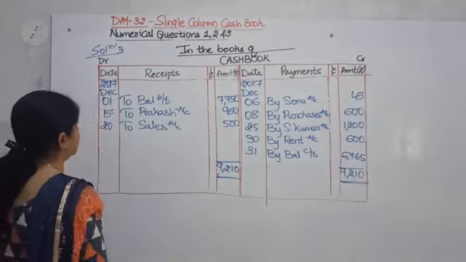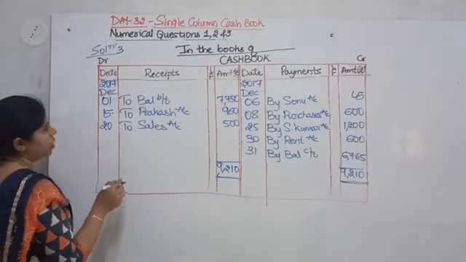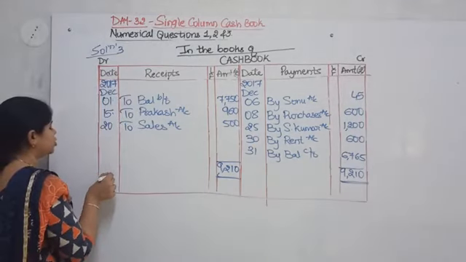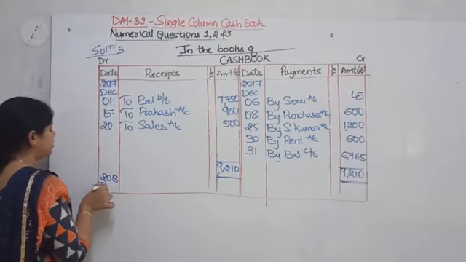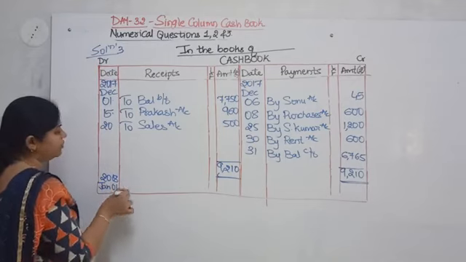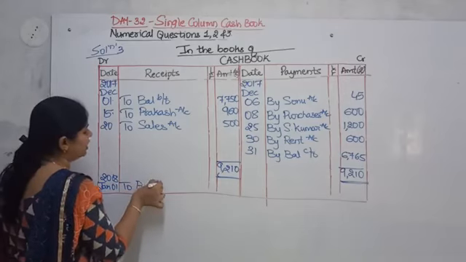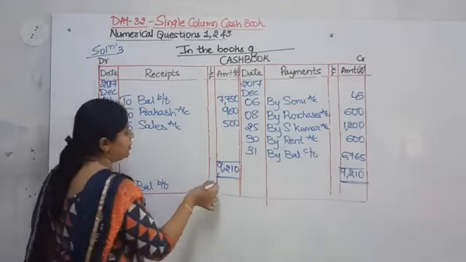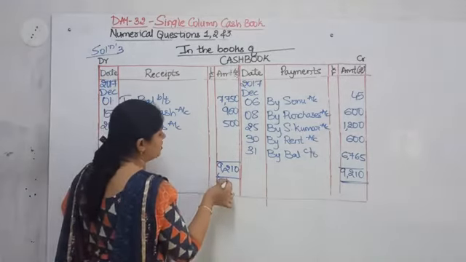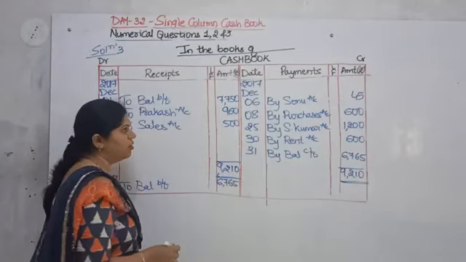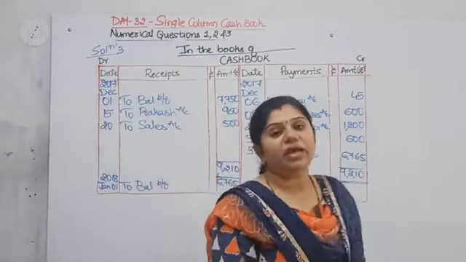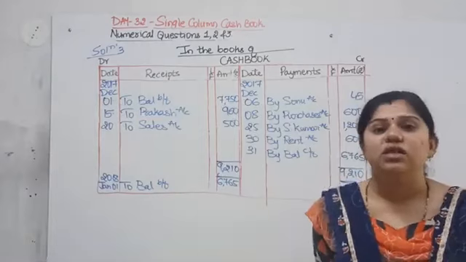Yes, it is correct. So take it on the opposite side now. Here the year will also change. So 2018 January 1. To balance brought forward. Amount is equal to 6,765. Okay. So in this way, what we have done, we have solved all the sums that are given in